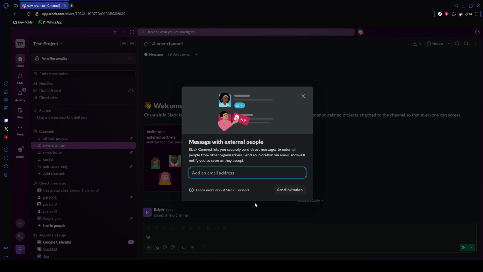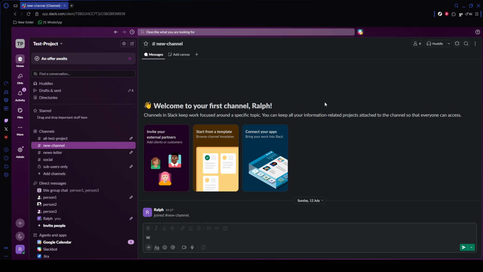If you need to collaborate with external partners who already use Slack in their own organization, use Slack Connect instead. In the sidebar, click Add Channel or open an existing channel you want to share. Right-click the channel name, go to Channel Settings, then choose Slack Connect. Select Share Channel and send the invitation using an email address or the generated link. After the other side accepts,